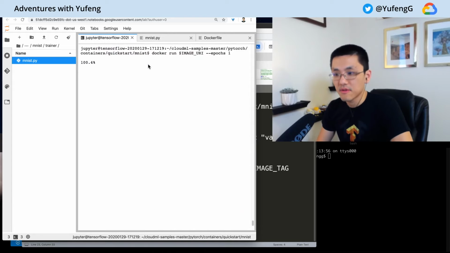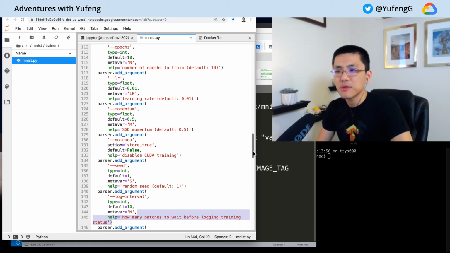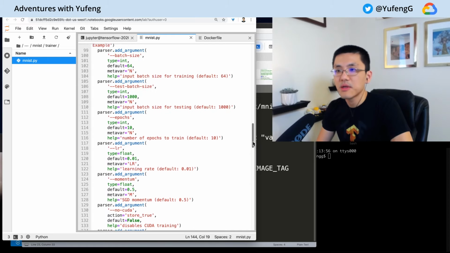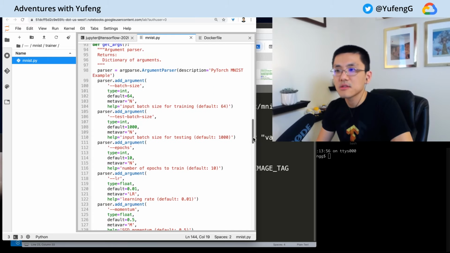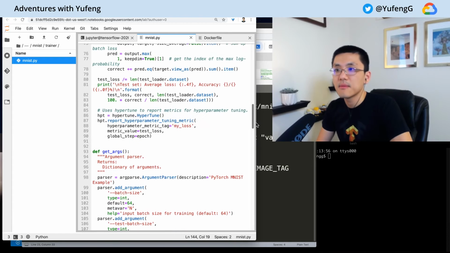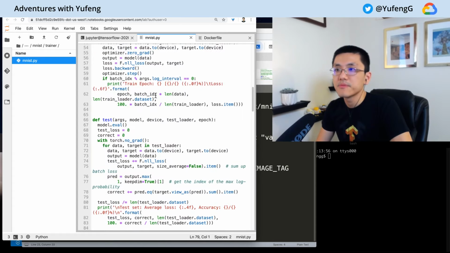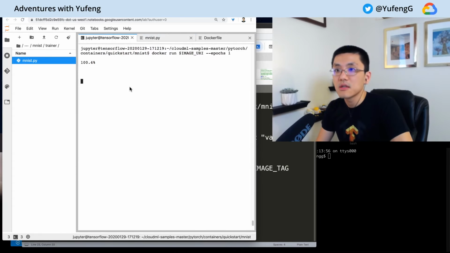Training. Let's peek back over here. Still nothing. Might have to kill that process. We can set seeds, we can add momentum, we can set learning rates. Lots of good arguments here. Batch size as well as test batch size for when you run the evaluation or your testing. Okay, I'm